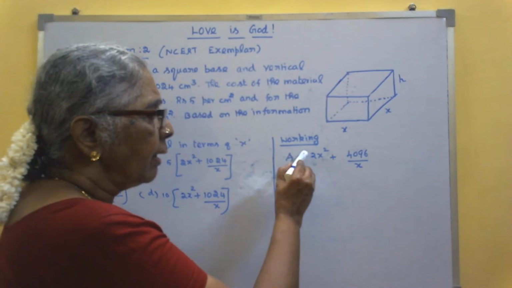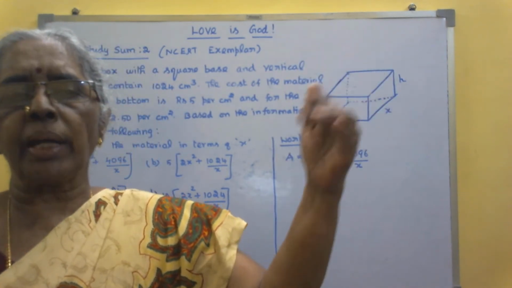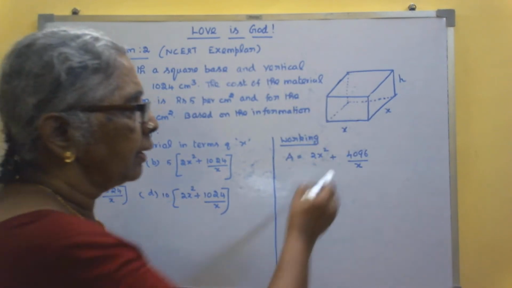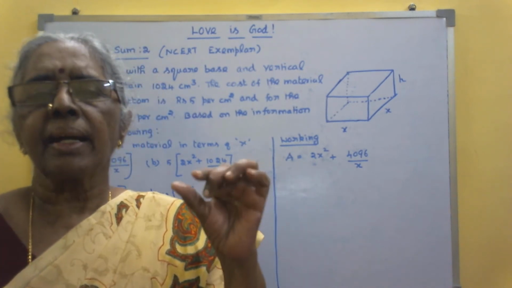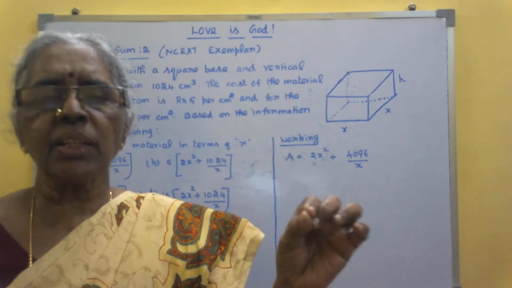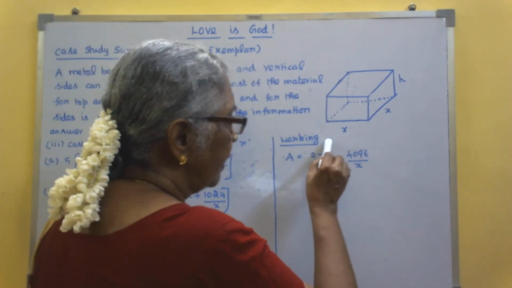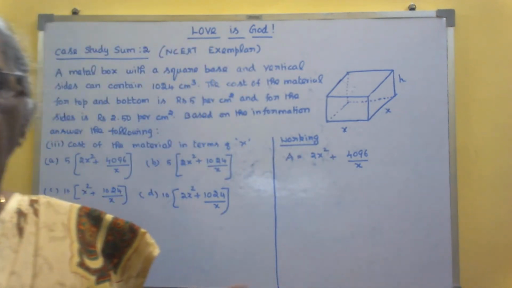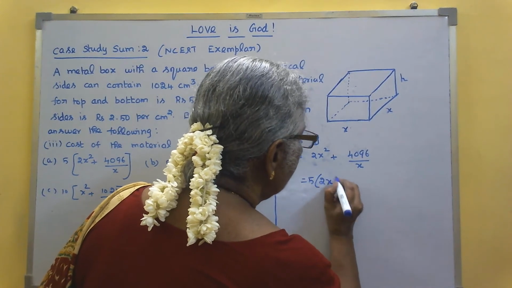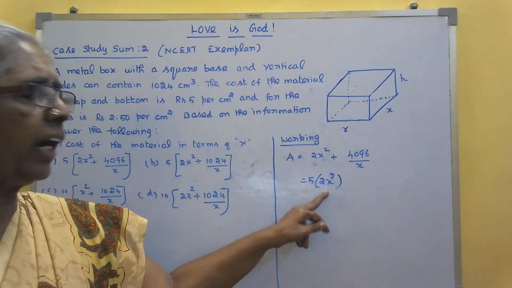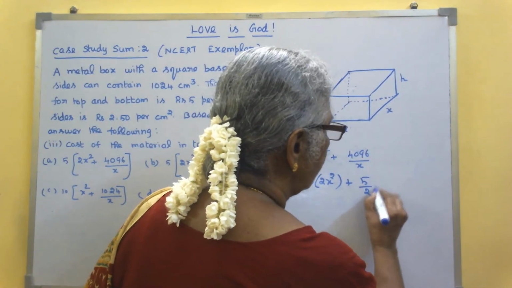In the area, this 2x squared refers to the area of the top square and bottom square. This 4096 by x is actually that 4xh, in which in the place of h we have substituted in terms of x. So this is the area of the sides and this is the area of the top and bottom. So now we have 5 rupees for the top and bottom, right? So it is 5 into 2x squared plus, for the sides, it is 5 by 2 into